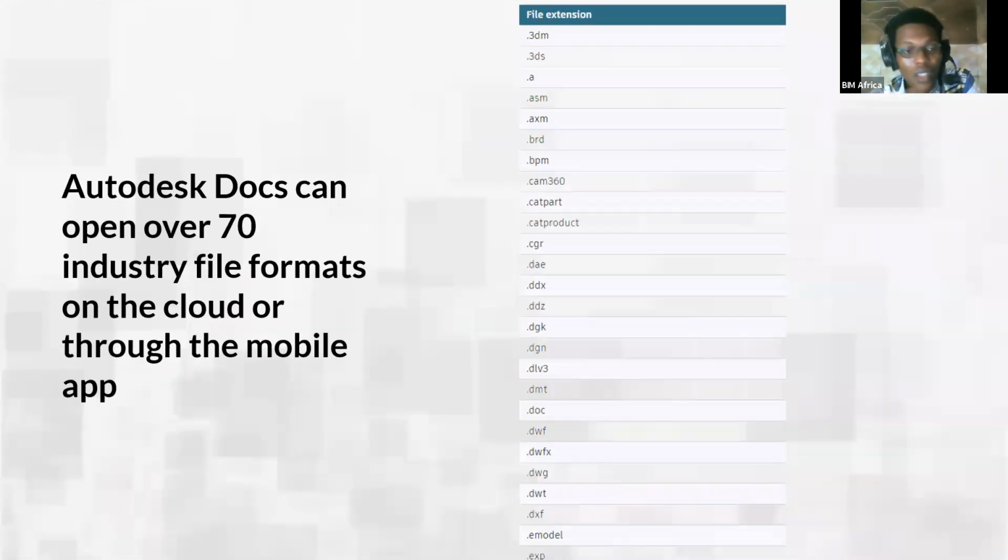Like I mentioned, it's a cloud-based solution, and because it's cloud-based, most of the file formats you have in the industry today can be opened natively on the cloud. You don't need to install Revit to open a Revit file uploaded by a designer on the project, or an ArchiCAD file, IFC file, or AutoCAD file. Autodesk Docs, which is the common data environment, can open over 70 industry file formats on the cloud, and also has a mobile app. Even through the mobile app, you can open a 3D model, navigate through it, cut sections, make comments and whatnot. So it's a cloud-hosted tool that makes it possible for everyone on the project to collaborate and coordinate